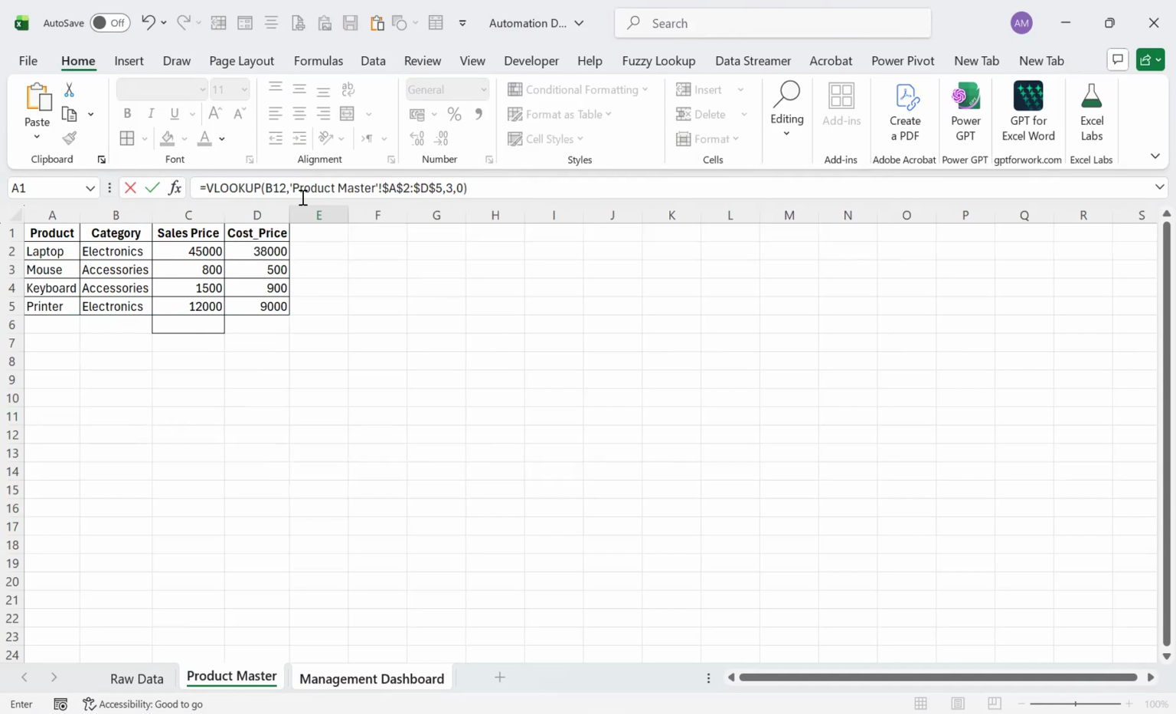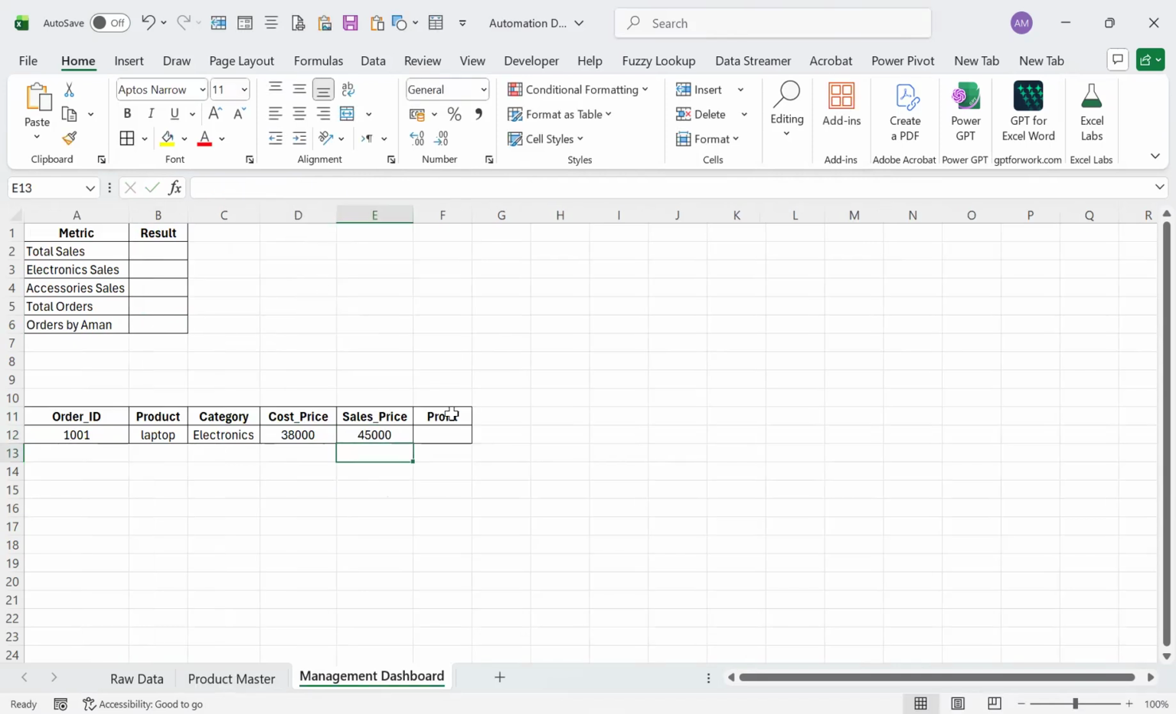And what is approximate match? Very soon I am going to bring a video recording the approximate match. Okay, now I will press enter. Then so we got the sales price here, cost price here, and the category information. So now let's go ahead with